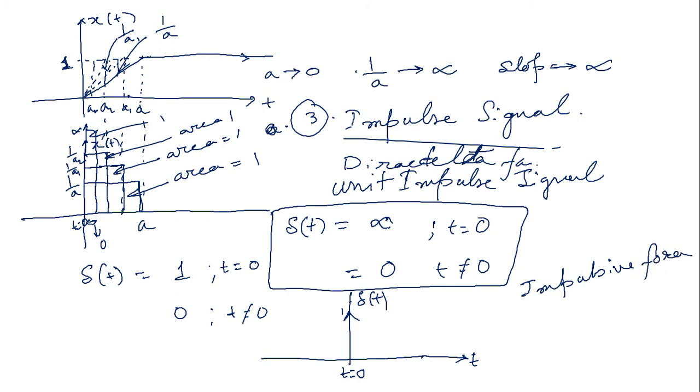Impulsive force. What kind of force momentarily exists? A force that momentarily exists is called impulsive force. If I hit a wall, I am hitting the wall for a fraction of a second. At that time the force acts on the wall, but before that and after that, no force is acting on the wall. So the impulsive force is a force acting at a particular instant of time.